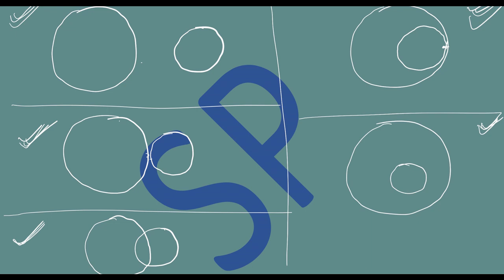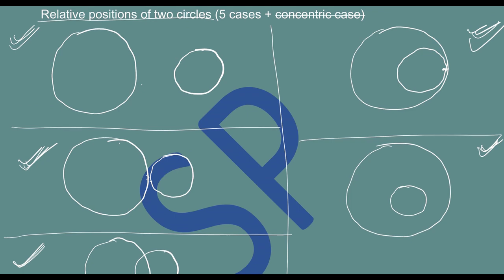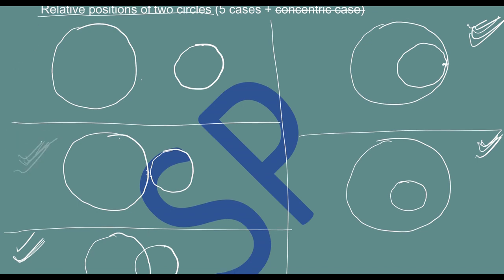Now, by looking at two equations of circles, not pictures of circles, equations of circles, you have to decide whether those two circles geometrically are going to be like the first case or second case or this or this or this. That's what we have to decide. Now how do we do that? He is going to give us equations of circles.